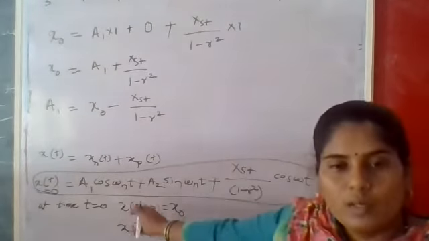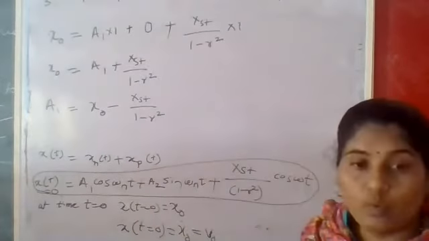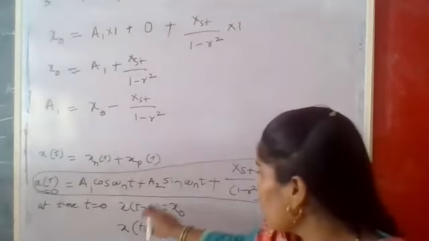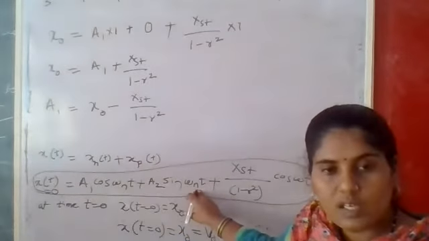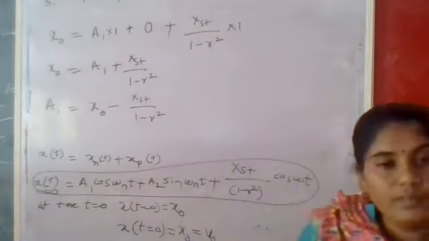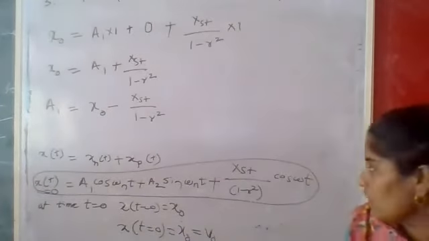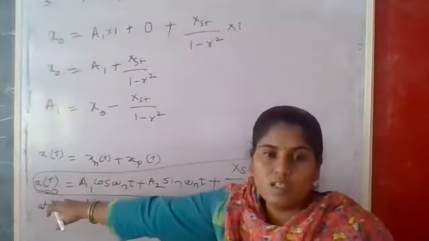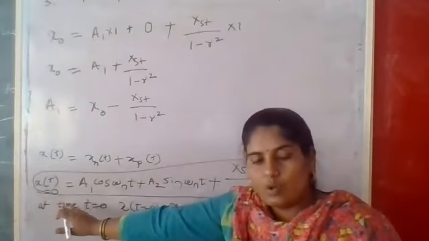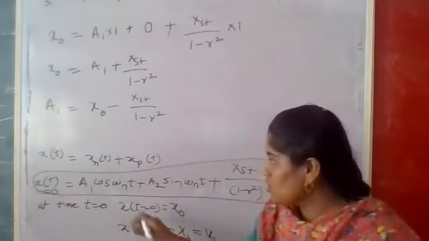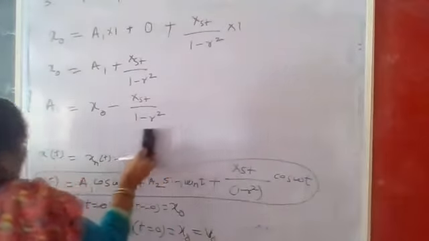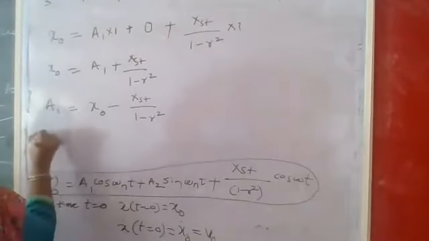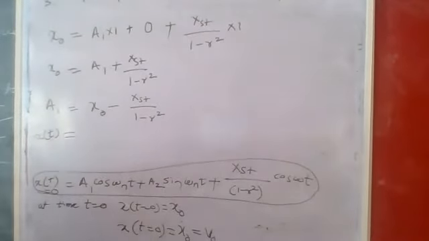Now you apply the second boundary condition into the same equation. What is the second boundary condition? You have to take the first derivative of this. What is the derivative of this? You can calculate, and after that you apply the boundary condition as at time t is equal to 0, velocity at time t is equal to 0 is v naught. Based on this you apply this condition and tell me the answer of a2. No, tell me, I will write the derivative here. Derivative x of t is equal to, what is the derivative?